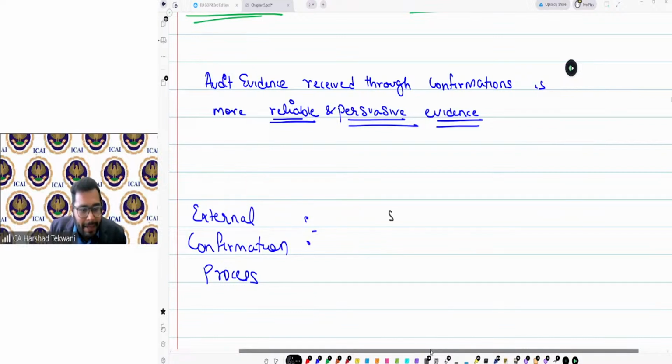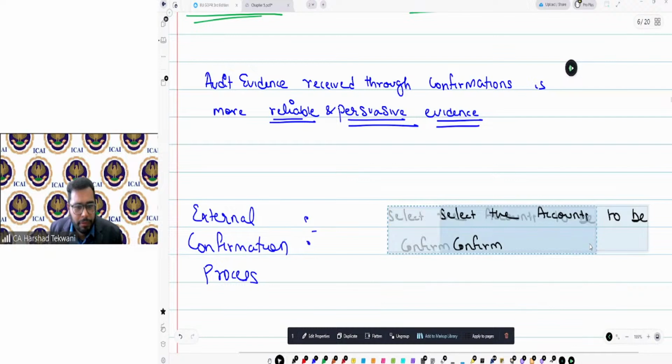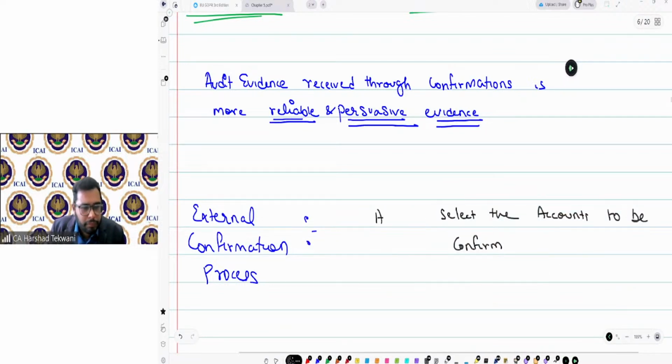First: auditor selecting the accounts to be confirmed.